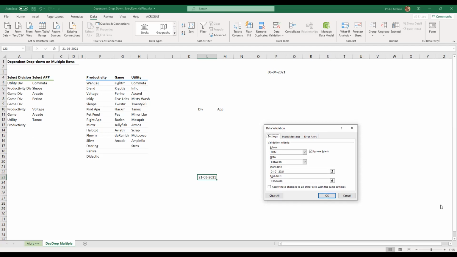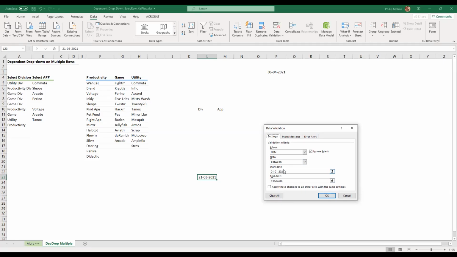But some computers will have some weird dates, people who don't know how to even set their dates will have the wrong date here, okay? So you have to be aware of that. Today, Excel will pick up the date which is today as on the operating system. This is the operating system date. So that sounds like a good validation, right?